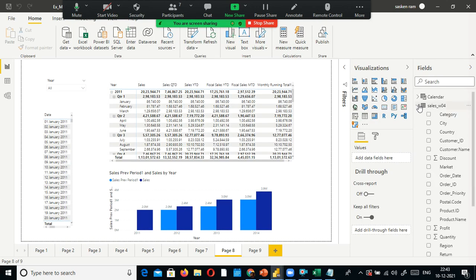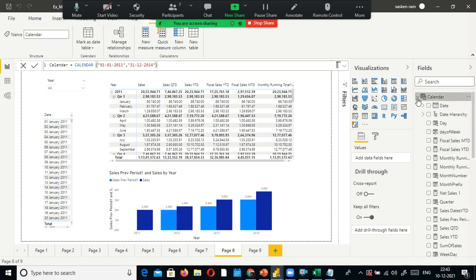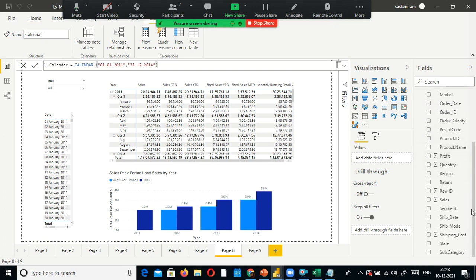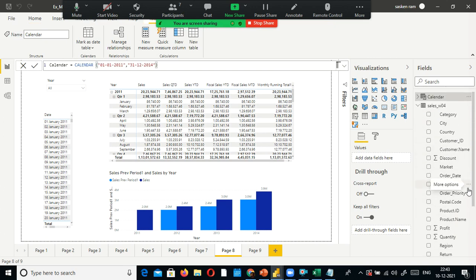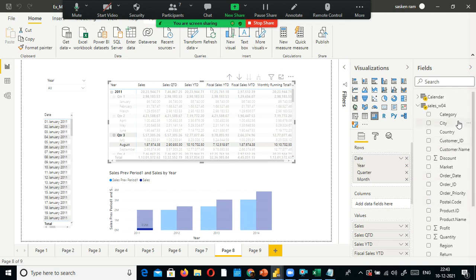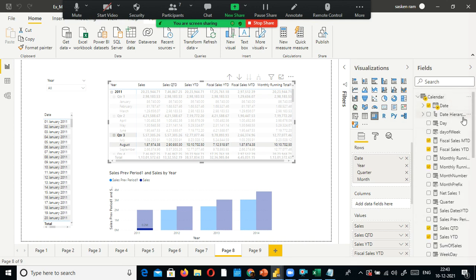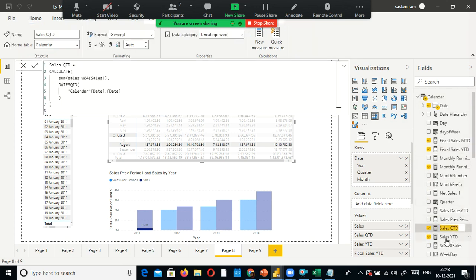Look here, the same thing I've done already. Everything is the same except the sales year to date. Let us open this one. I just select this one, not this one, sales YTD, calendar dot date, right?